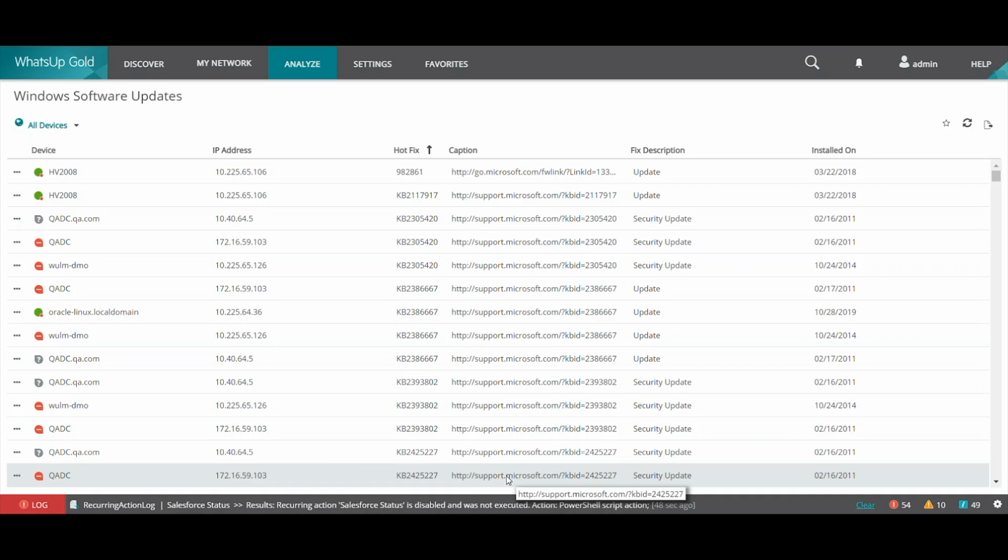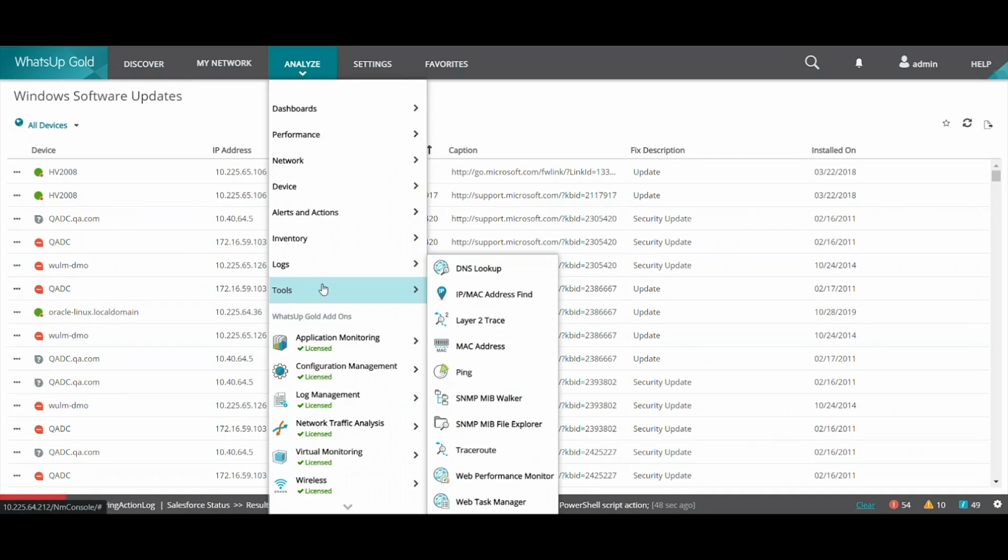Finally, there's a tool section here where you can leverage these tools for your testing, whether it's SNMP gets, MAC address finds, or layer 2 traces, and so on, for your basic everyday network testing needs. These tools are available in the product as well. What follows next is a list of